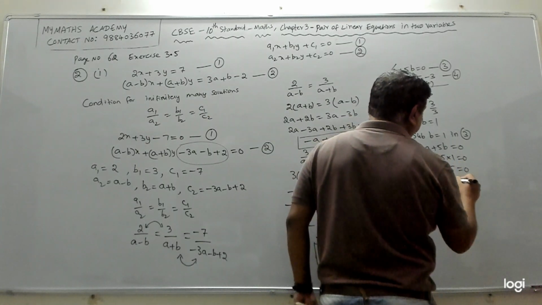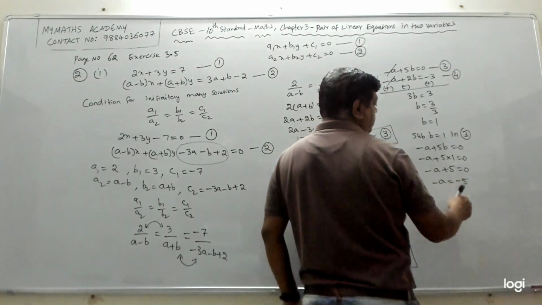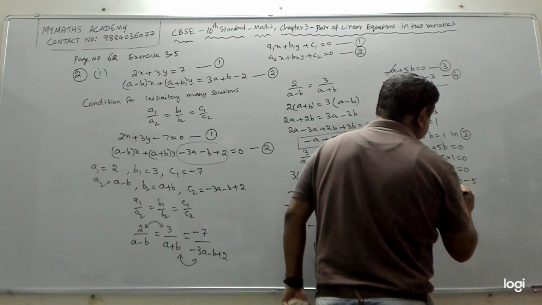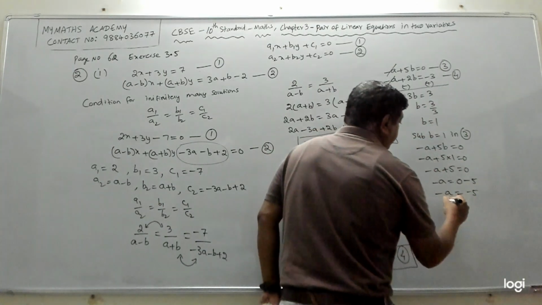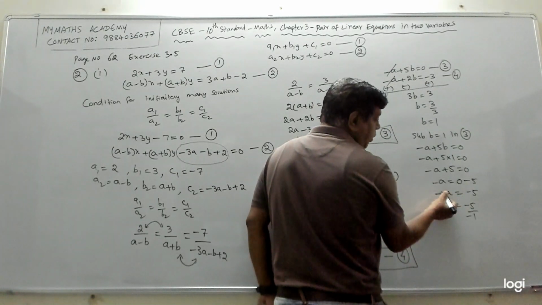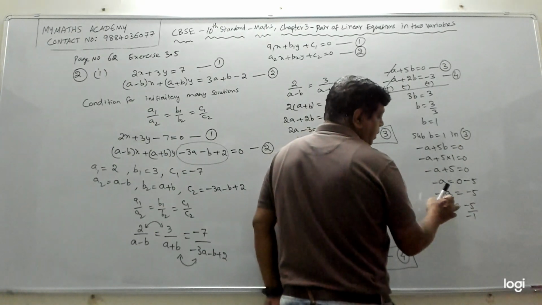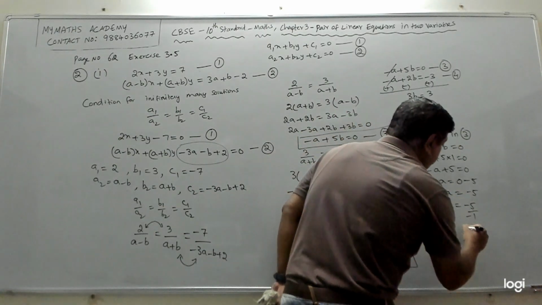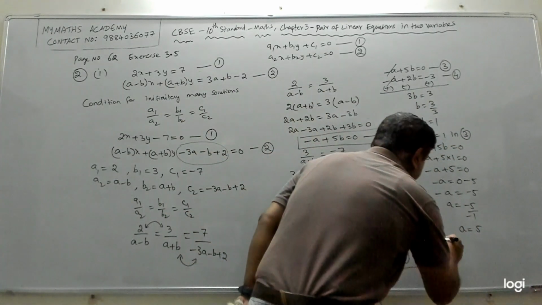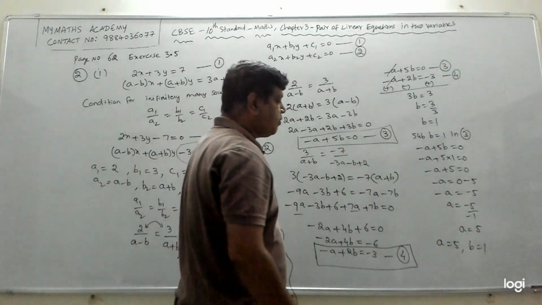Minus a equal to minus 5. This plus 5 goes here to become minus 5. So 0 plus 5 goes here to become minus 5. So minus a becomes minus 5. So my a equal to minus 5 by minus 1, because minus a means minus 1a. Generally we don't put that. So that minus 1 will come down. So your a becomes 5 by 1, which is 5. So what is the answer? Answer is a equal to 5 and b equal to 1. That is the final answer.